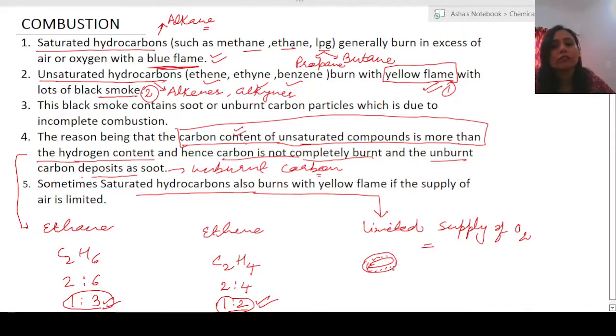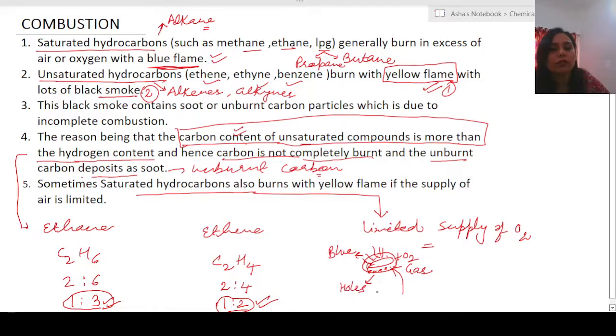Okay, so why are these holes there? So that the LPG gas which is coming from the cylinder can come in contact with a sufficient supply of oxygen, and then it will burn with a blue flame. Okay, if these holes are